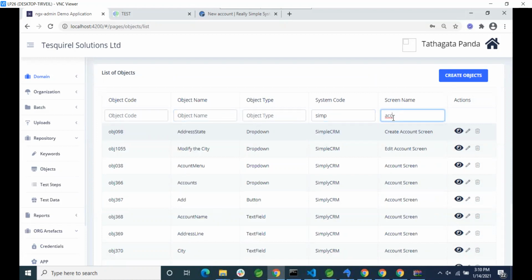So objects are nothing but the placeholders for the data, information to be captured like name, address, state, metadata. These kinds of information we are configuring in the object screen. User can configure the objects either using the screen or via Excel upload.